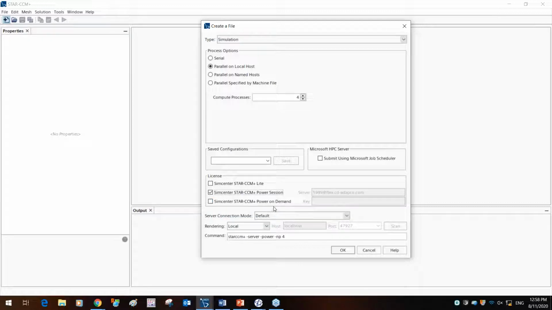So this essentially gives you unlimited core usage on an hourly basis. So for users who don't use Star CCM Plus constantly every day, or you use it once every 2 to 3 months, they could just get a bank of hours and use the Power on Demand license to use Star CCM Plus on an hourly basis. This also activates an unlimited number of cores.